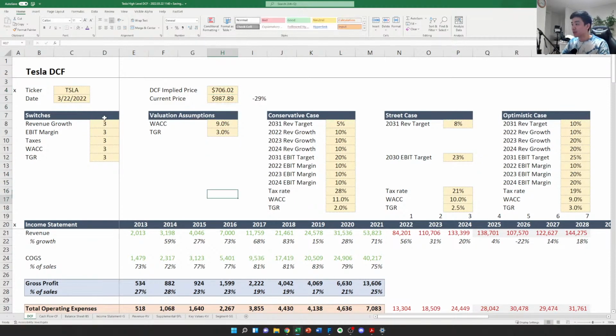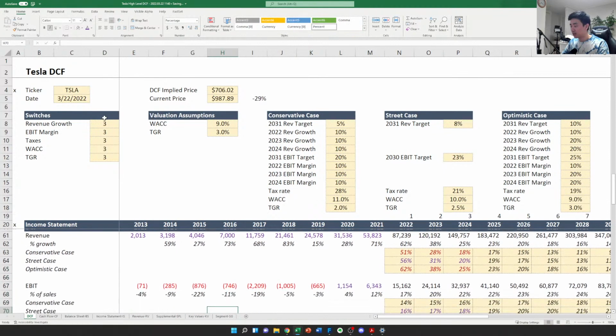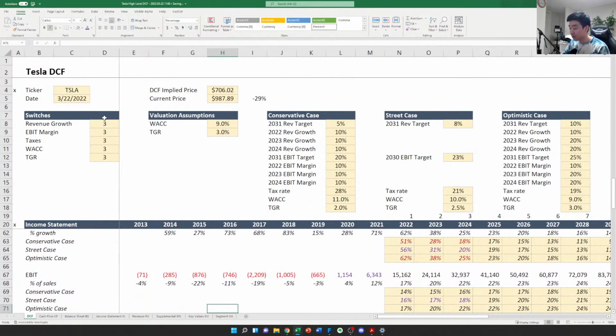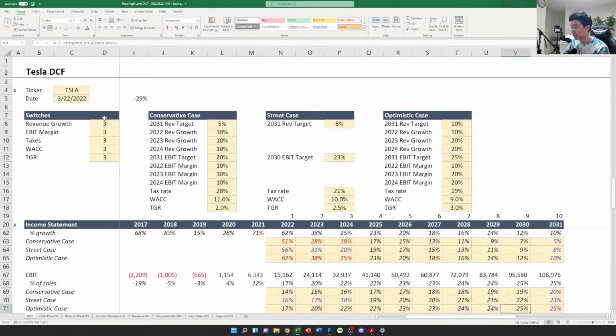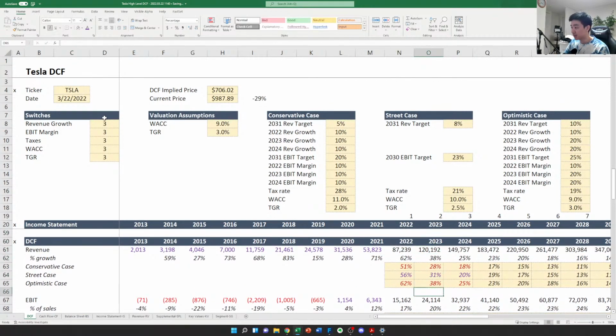So if you believe in the assumptions we built out today, it kind of just makes it obvious that Tesla is overpriced no matter what assumptions you put in here. And I think this actually makes sense because Tesla is super overvalued from a fundamental standpoint, and I think this DCF kind of proves it, unfortunately. And I'm sorry if you're a Tesla bull. The only thing that I will say though is that